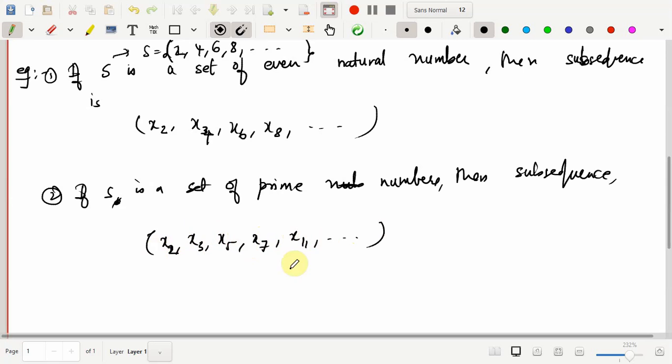So this is the new sequence that is generated from the given sequence, and it's called a subsequence